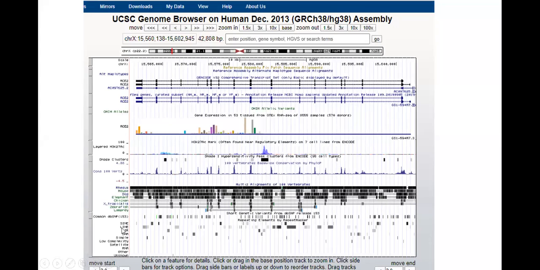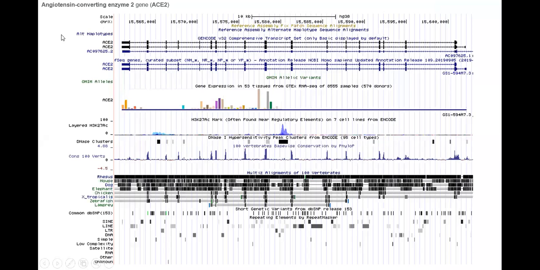I can look at specific sequences called SINEs and LINEs, and other single nucleotide differences. ACE2 is nothing but angiotensin converting enzyme 2. You can zoom into a specific sequence again. You can take any gene or sequence, any genome you want, go to this browser, and it will give the information in this depiction.